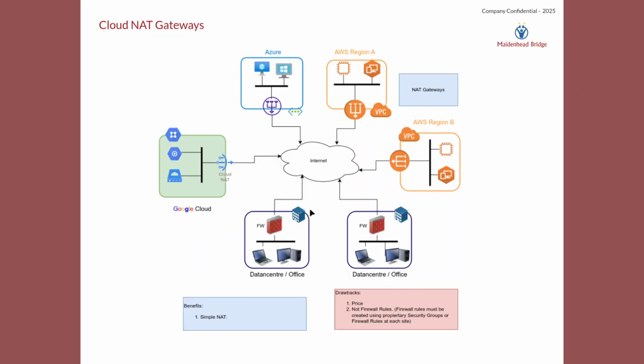But let's explore a little bit NAT gateways when you have multiple cloud environments and when you want to do outbound firewall rules. If you have an AWS region and you want to use a NAT gateway, if you want to control the outbound destinations that this instance can go to, you will need to create security groups here. Same here. And same here, but here is a different way to configure security groups than here. Then if you want to have a policy, say, to this destination on the internet, I want my entire company to go directly,